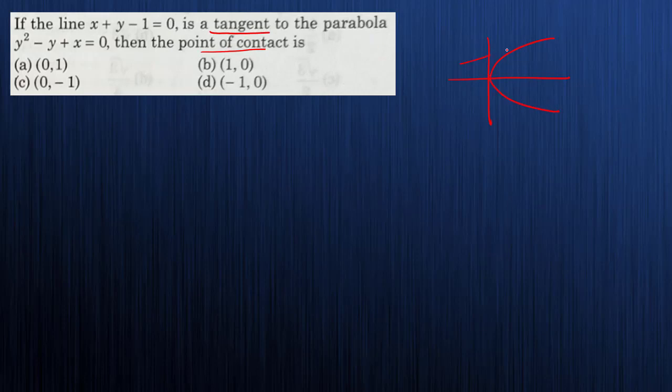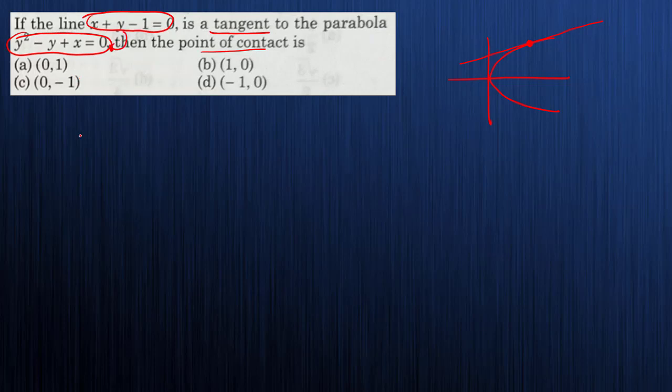Something is tangent, so the line is tangent, मतलब क्या है? That is touching a single point of the parabola. Means what? This point is common to the line as well as the parabola. Means this equation of a line should satisfy the equation of a parabola. Then directly substitute करो. Satisfy मतलब क्या है? Substitute करना है.